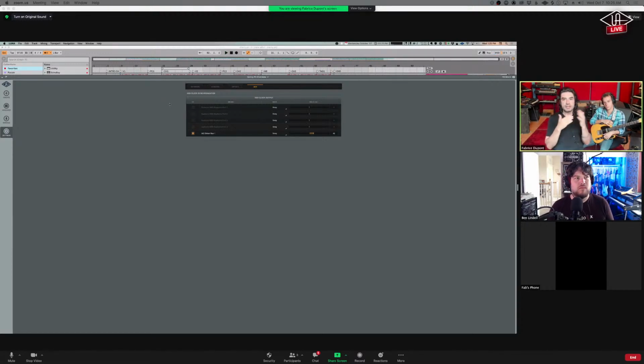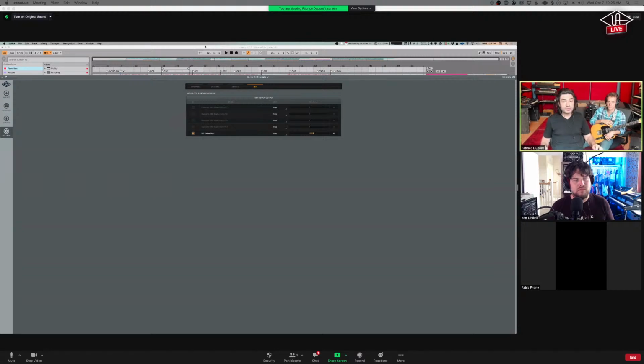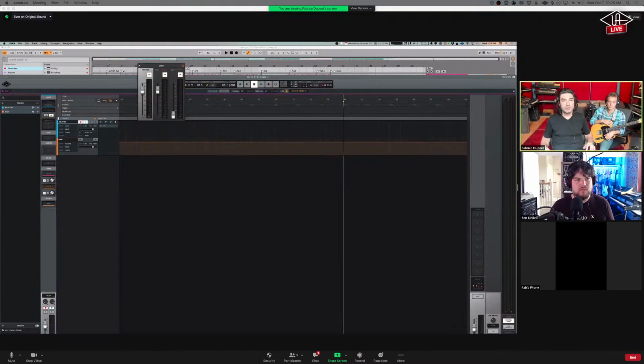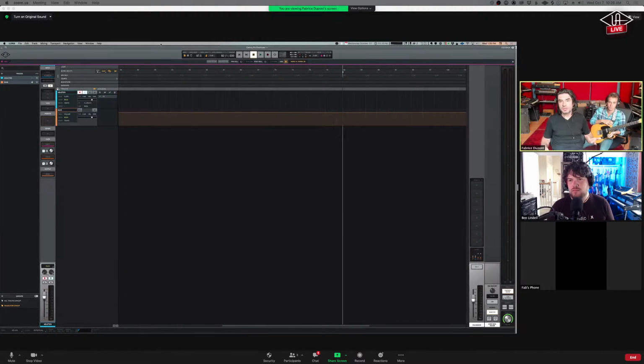You're basically calculating the time difference between the two, and then the system remembers it, and you're good to go. So now we are ready to record, right? And so I don't really have to look at Ableton. Right now I'm doing this because I like to have the markers, but it's not necessary. If I knew the bar numbers, I could come here.